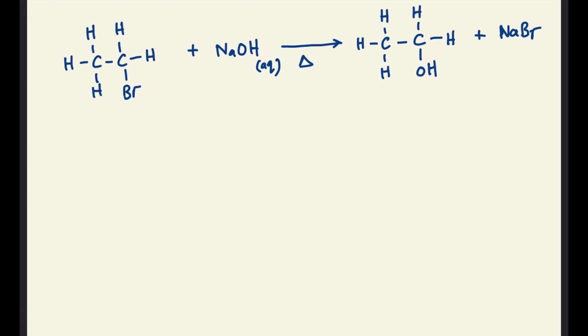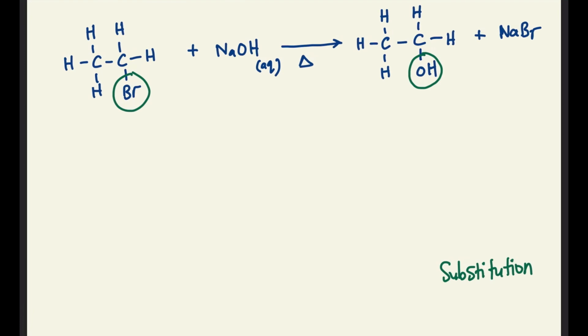For the next example, we can see that this starting material and this product differ by OH group in the product, while in the starting material it is bromine. So it is a substitution reaction. Again, we have three types of substitution reactions, which are electrophilic, nucleophilic, or free radical substitution. In order to decide, we take a look at the site